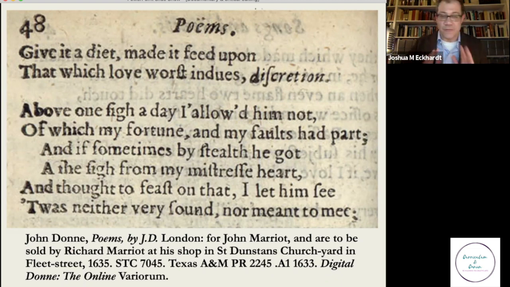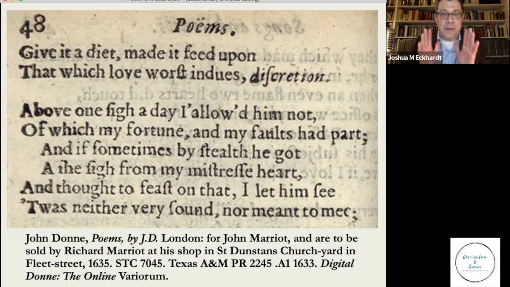We convinced ourselves that this poem should read "endues" and not "endures," that the R was added by multiple scribes and compositors who didn't know the word "endues" any more than we knew it at the start of this class. We decided it made a lot more sense for a diet